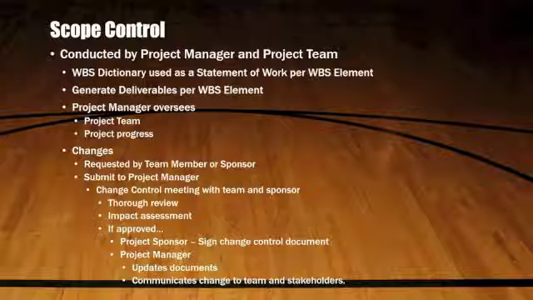The project manager and the Hoops for Hope project team will work together to control the scope of the project. The project team will leverage the WBS dictionary by using it as a statement of work for each WBS element. The project team will ensure that they perform only the work described in the WBS dictionary and generate the defined deliverables for each WBS element. The project manager oversees the project team and the progression of the project to ensure that the scope control process is followed. If a change to the Hoops for Hope project scope is needed, the process for recommending the change